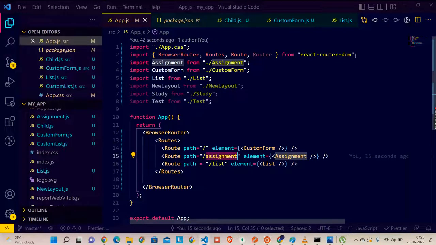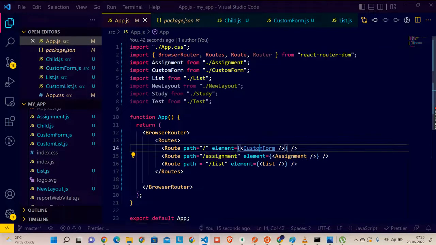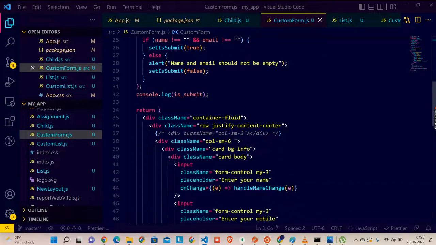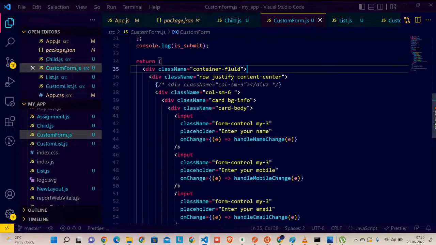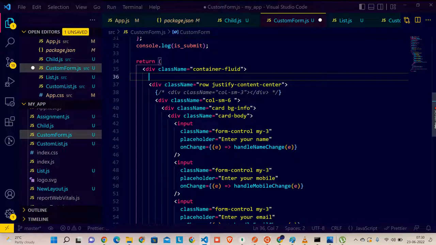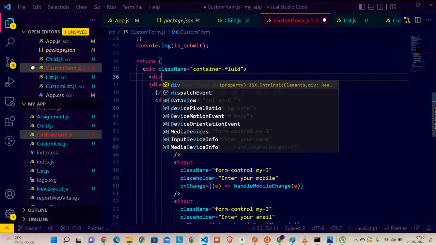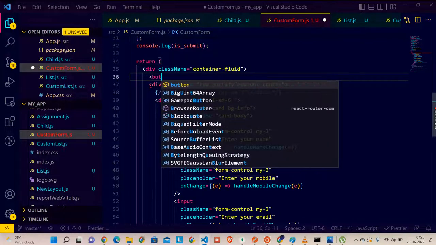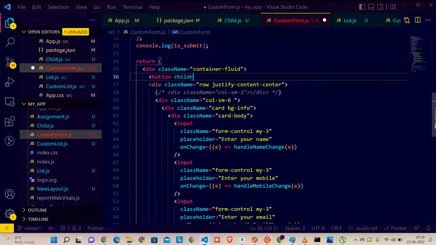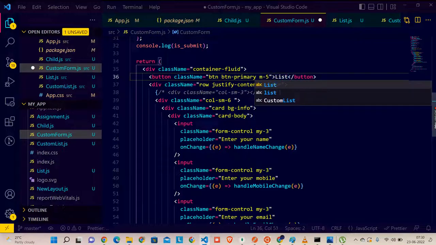So we'll go to that custom form here, and here we will build one button. Simply, I'm going to build one button, class name is equal to btn btn-primary m5. Here I'm giving that section called list. If you click on this list,